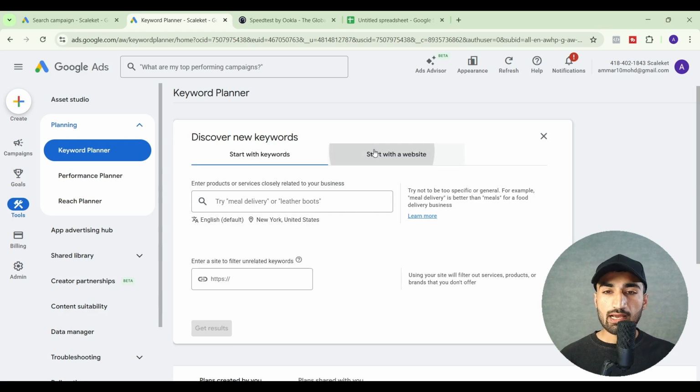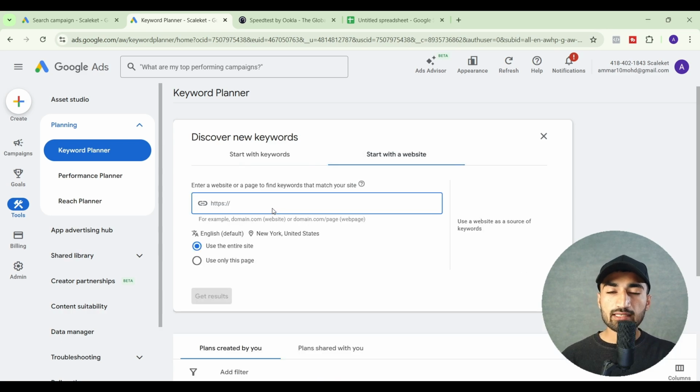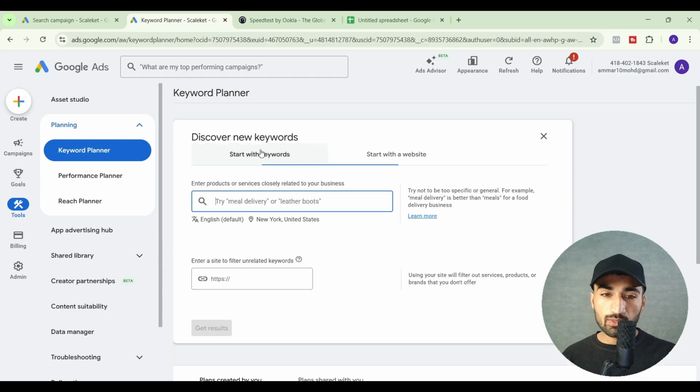One, I can start with a website. I can share my domain name or my landing page name here, and Google will give me suggestions based on what I have there. Like the text I have there, Google will give me all the suggestions of the related keywords. And the other way to do it, which is what I'm going to do, is to give some example